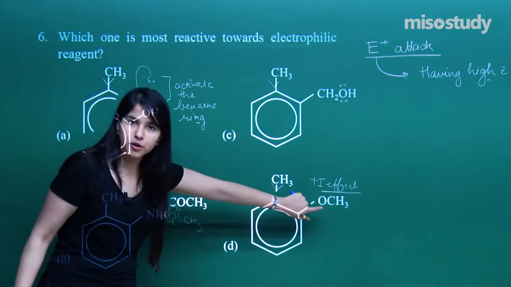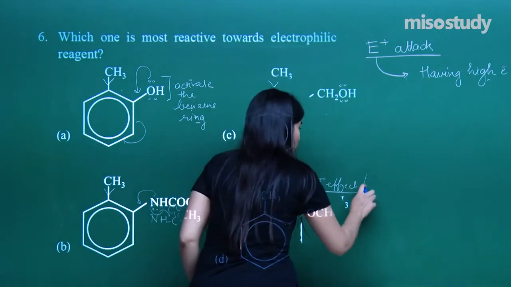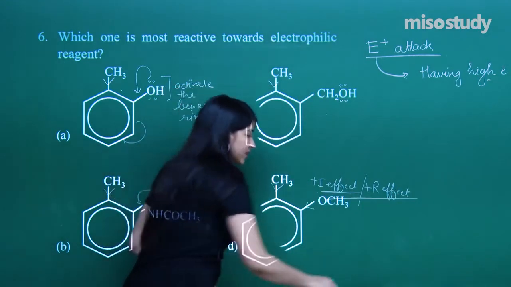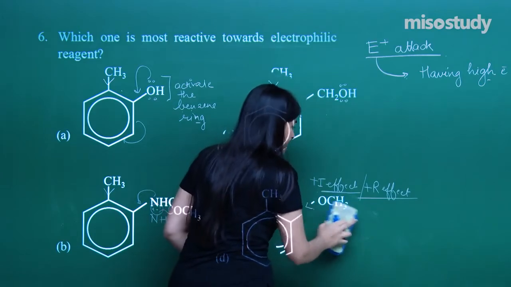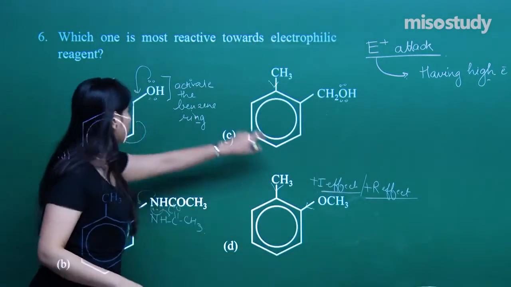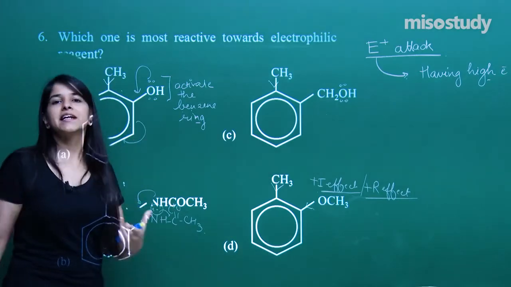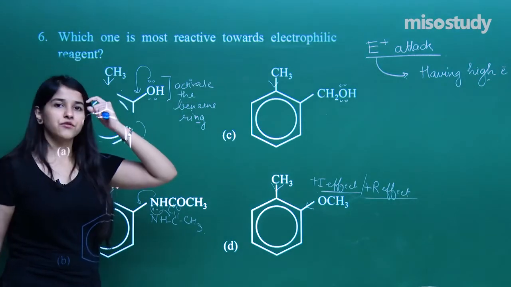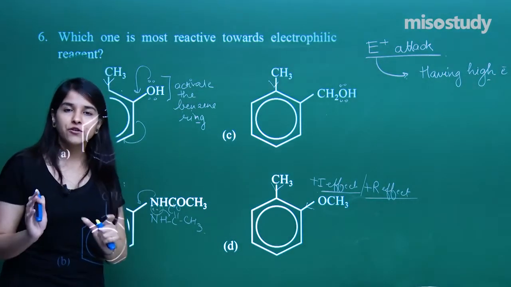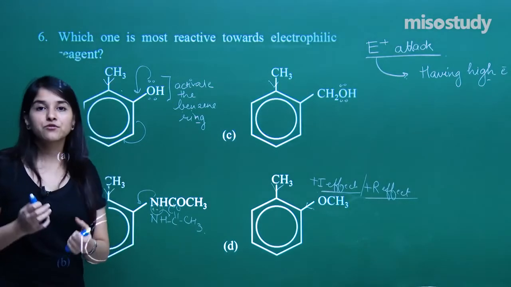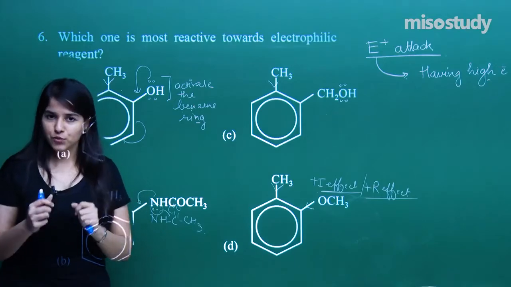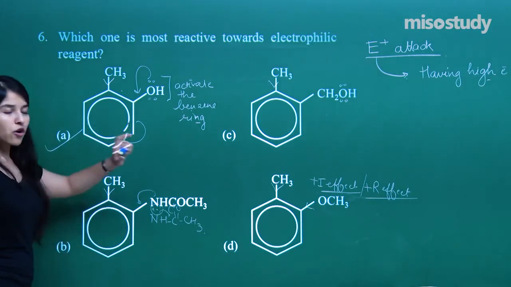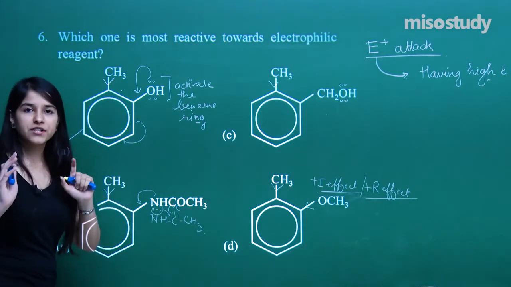And this plus I effect would be lesser, or there may also be a possibility of plus R effect. But what is the scenario over here? The OCH3 group involved over here is actually less donating than what we have in the case of OH, which is completely activating the benzene ring. So I hope you all have got the answer, which is the most reactive towards electrophiles. The structure having the most electron density will attract the E plus, the nucleus loving species, most. All of these options I have discussed with you. I hope you all have got the reasons for that.